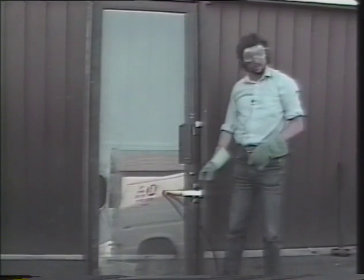Now, of course, this door opens inward, so we're going to pry it to open and see. And there we go, door's open. So it can be used on a door even without a jamb, using it like a jamb spreader. Force the frame